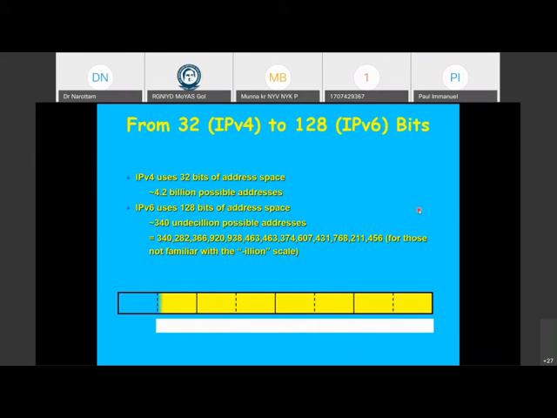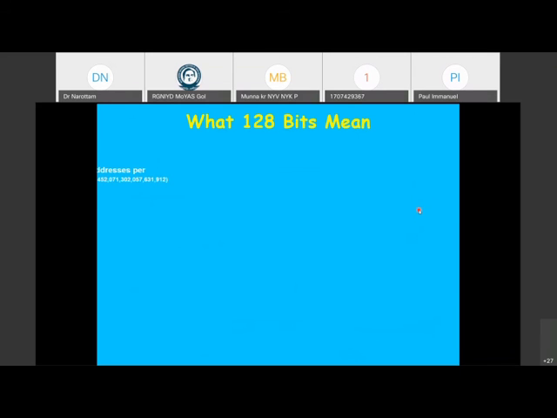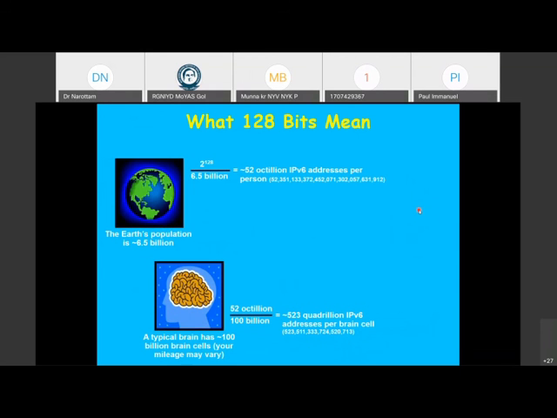And this slide gives you an idea of how many addresses there are. Okay, so a lot of addresses are there, with some comparisons. You can spend a few seconds reading this slide and see how many addresses are there. This means we have huge capacity,